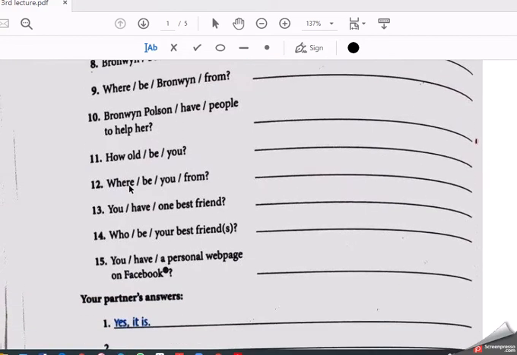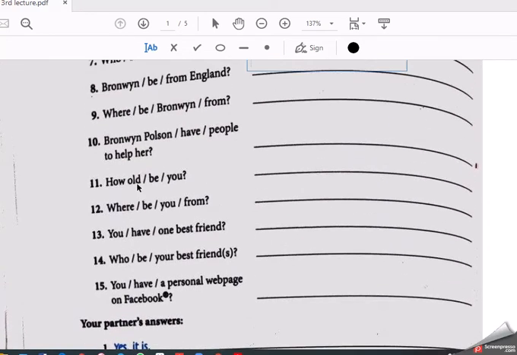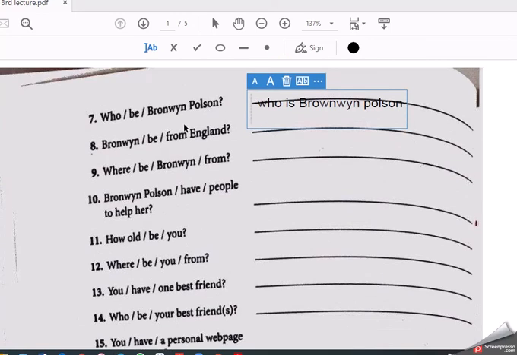of this exercise. Actually, this exercise is very important for you, where you are going to be given some sentences, and you are going to make some questions here, or some, let us say, some answers or some statements. So we will have some examples here of how to answer this exercise.